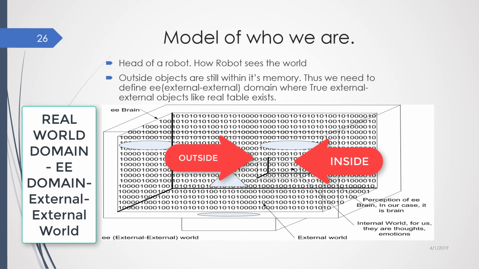So we need to define that domain of physical objects. We prefix those objects with EE, meaning external. The robot is unaware of these EE objects, that are solid objects that we can see. Here we are assuming that we can see the real world objects, but like a robot, we also see our codified representation too. And each of our codified representations can be different, as our neurons form different connections for each of us during our childhood growth.